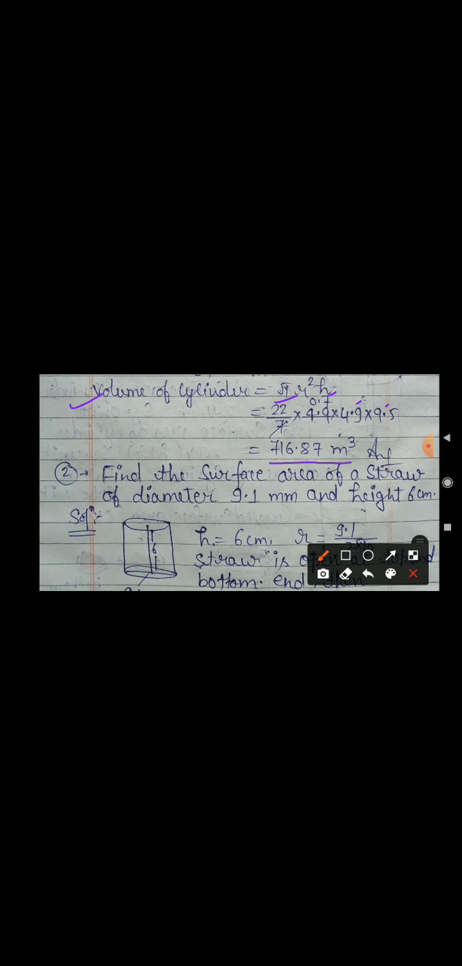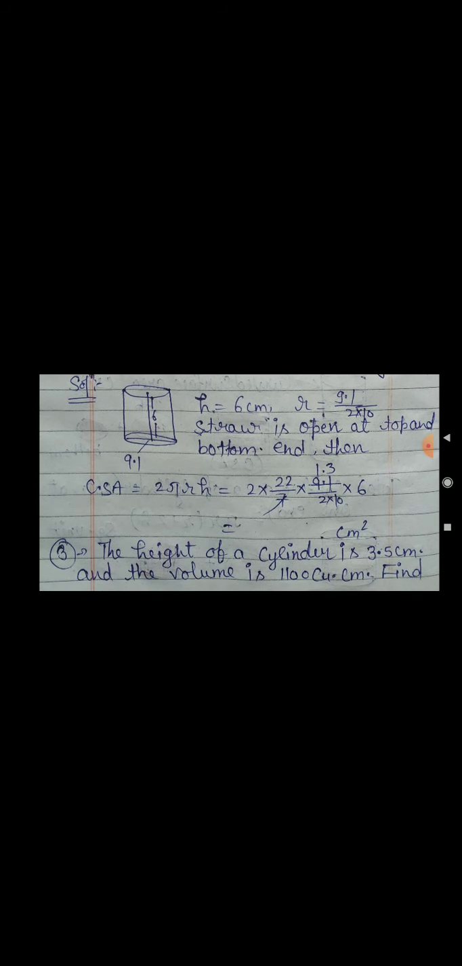Okay, now we have the next question. Find the surface area of a straw of diameter 9.1 millimeter and height 6 centimeter. Here, first of all, you have to know that a straw is in the form of a cylinder and it is open at the top and bottom end. So that time you have to use the curved surface area formula. You have to know